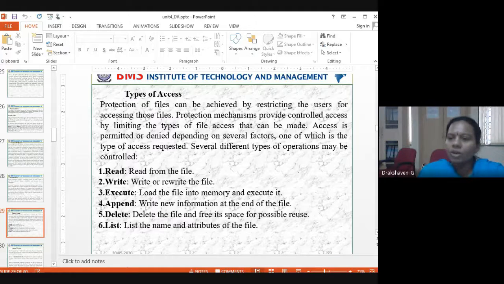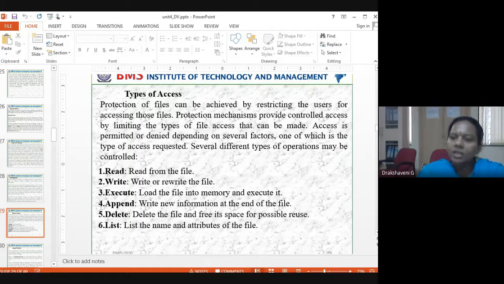So you are doing your projects. You can change your first page, you can change your name, you can edit your file. That's what write is. Example of write. Execute: today you may execute your Java program, you may execute data structures. So you can execute anything. To execute that, you have to load it into the CPU with the compiler. That's what execute is: load the file into memory and execute it.